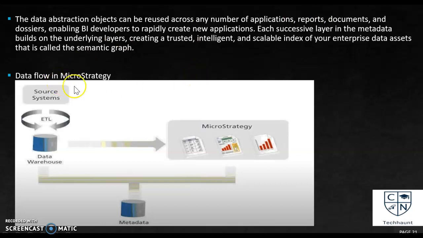Let's look into this data flow, how the data flows into our application. You can see this is our data source, and we have ETL in between, before our data warehouse. What it will do is fetch the data from our data source and load it. First, it will extract the data and clean it, deleting unwanted data from our source, and it will load it into our data warehouse database, whatever data warehouse we are using in our application.